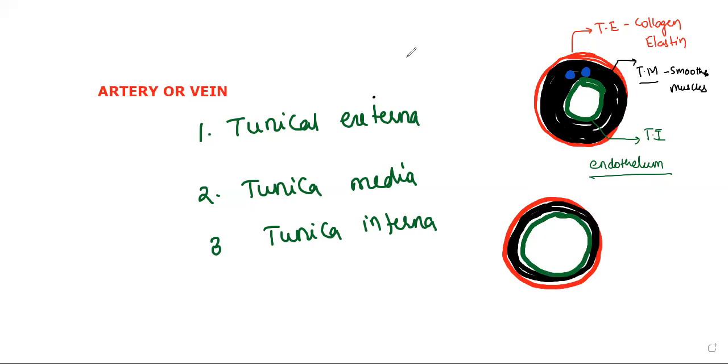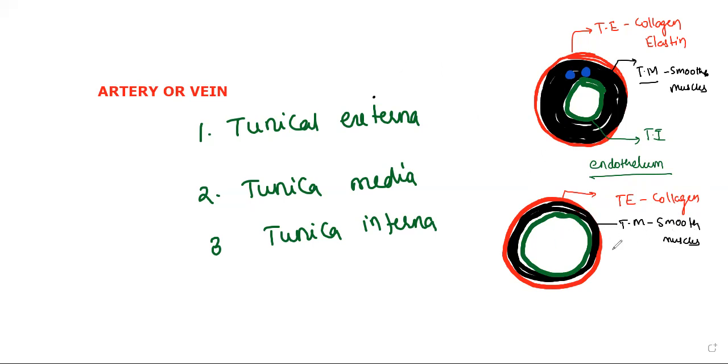In this case, let me write here, this is tunica externa. In tunica externa, more collagen fibers are present, less elastin. So more collagen. Why confuse? I am only writing collagen fibers. Okay. Next, tunica media. Smooth muscles are present as usual, but you might have already observed in the diagram that a lesser amount of smooth muscle is present here in comparison with the arteries.